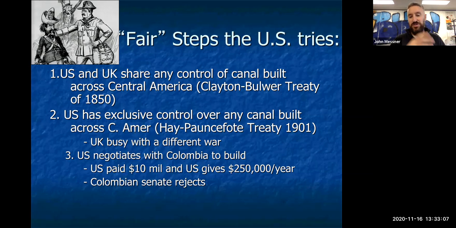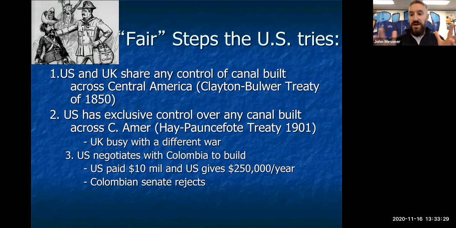But then eventually the UK drops out. They're becoming increasingly focused on what's going on in Europe and the stuff that's leading into World War I. And they've got a bigger empire to control than America does. So they're just like, you know, Western Hemisphere, America, all right, we're not going to care so much about that. And so they drop out. And so the UK